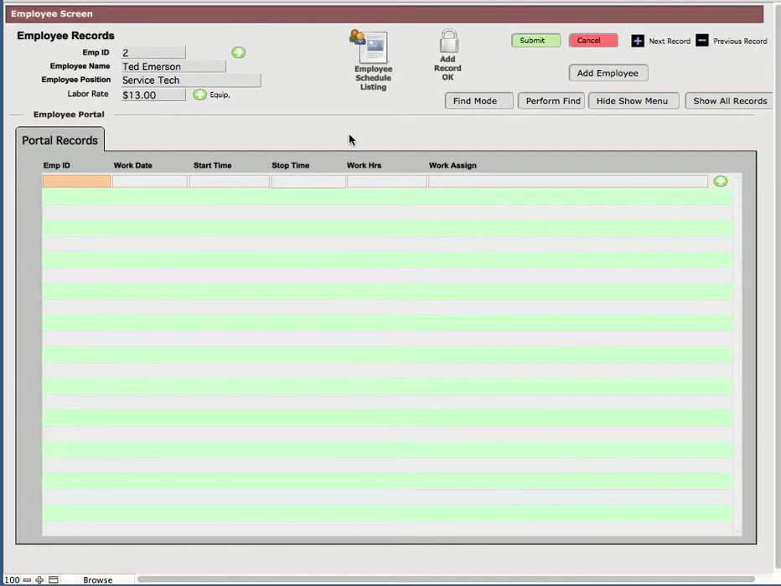This is the employee records portal screen. Now this screen is used to schedule employees and to track their hours. This is a nice little tool to have added to your system where you can keep your employees organized, and this can also be expanded later if you want to make a time ticket system out of it as a